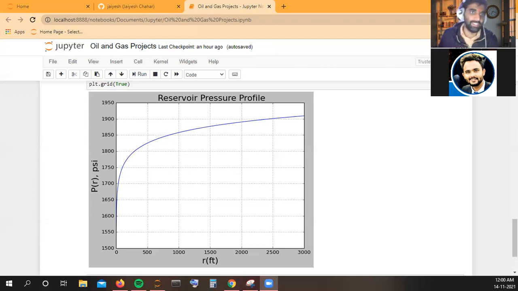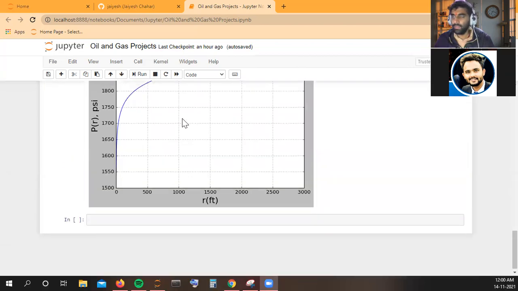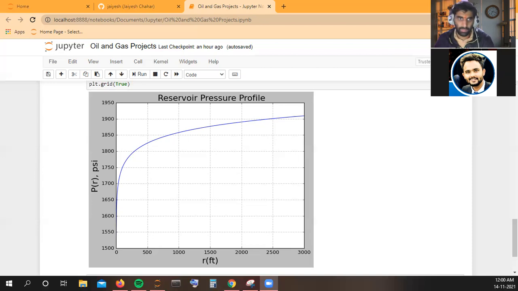Now let's move on to dynamic. In the interest of time we will conclude this, and maybe in the next session we will use the same understanding and carry on from this session. In part two, we will look at how to build an interactive application in which, if we vary something like viscosity, the entire thing will change. We'll create a simple game kind of thing with GUI buttons or sliders, a graphical user interface where Jayesh will show us how we can play with these parameters and how the pressure profile changes.